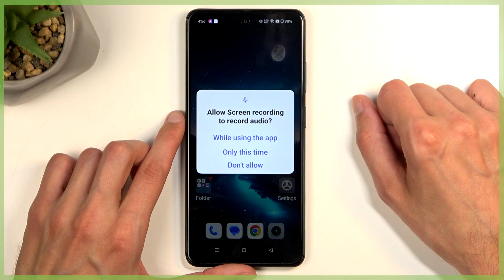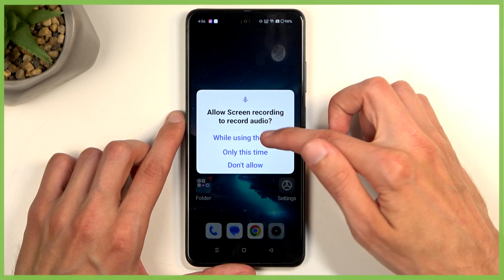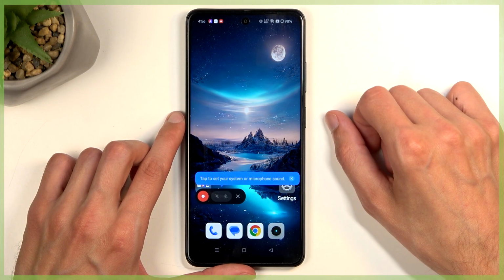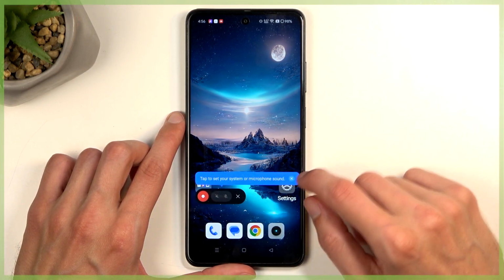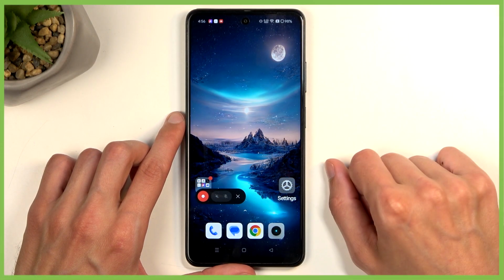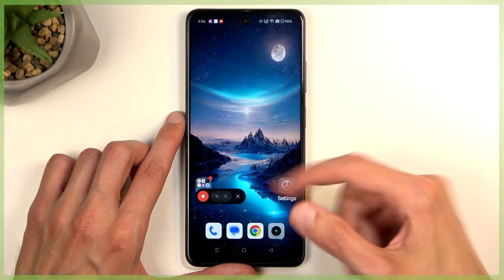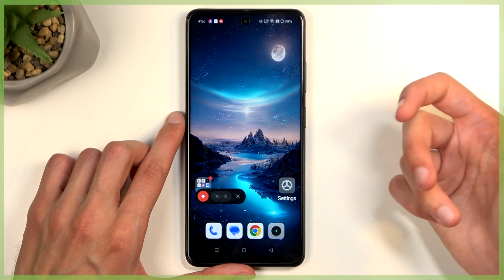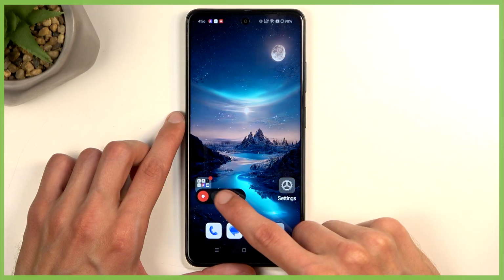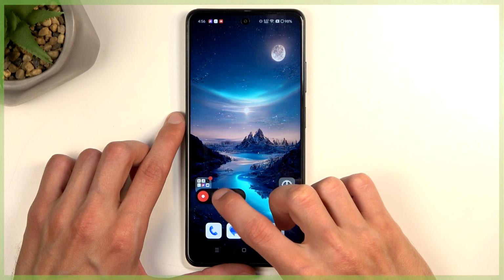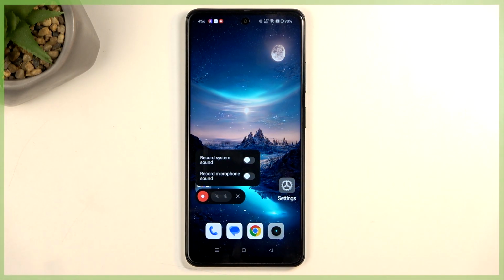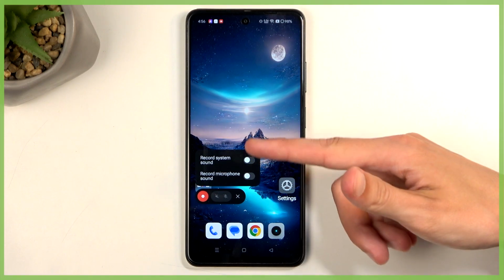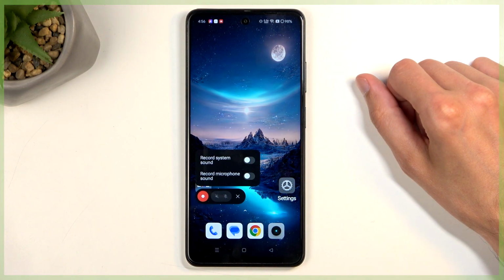First time around, it will bring up this window. It will ask for permission to record audio, and then brings up the panel right here. So the first button allows you to begin recording. Then the two next to that are just kind of like one big panel or one big button. When you click on it, it just brings it up and gives you the two options separately, so you can